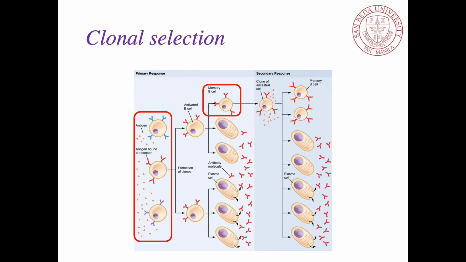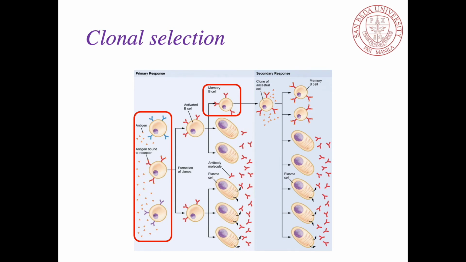But as you can see, there's actually a subset of these B cells that differentiate into memory B cells, because the importance of this is once the initial infection has been resolved, if a secondary infection happens with the same antigen, then you already have these memory B cells that can skip this whole proliferation process, this whole process initially discussed under primary response. So during a subsequent infection with the same pathogen, with the same antigen,